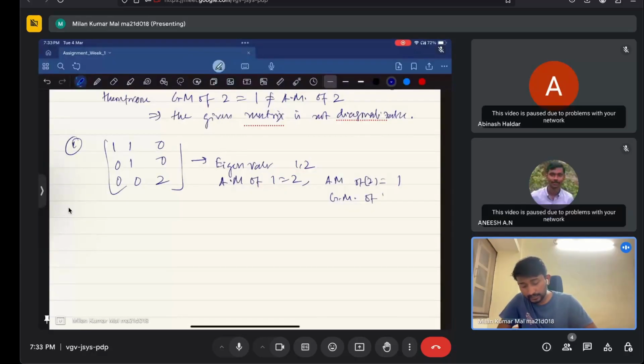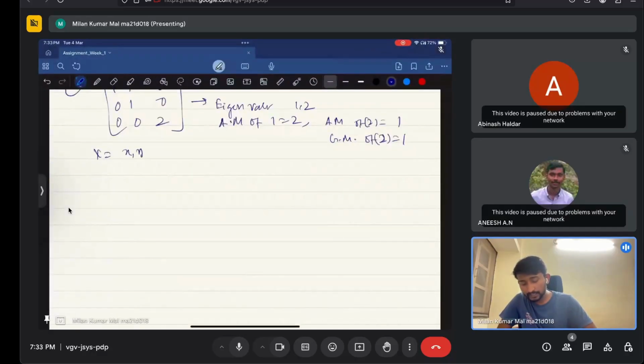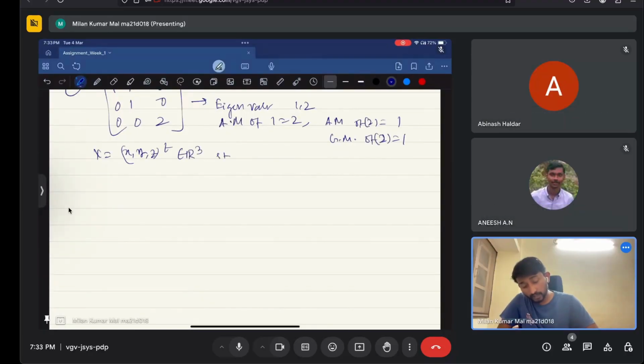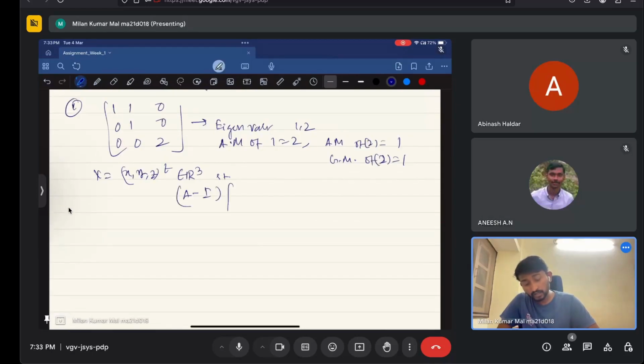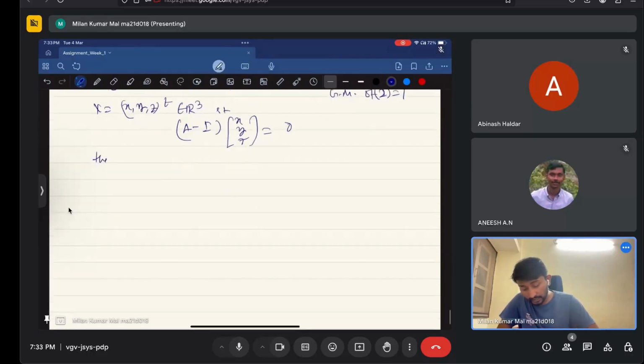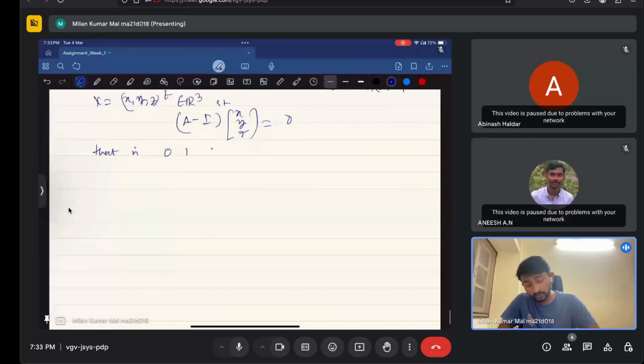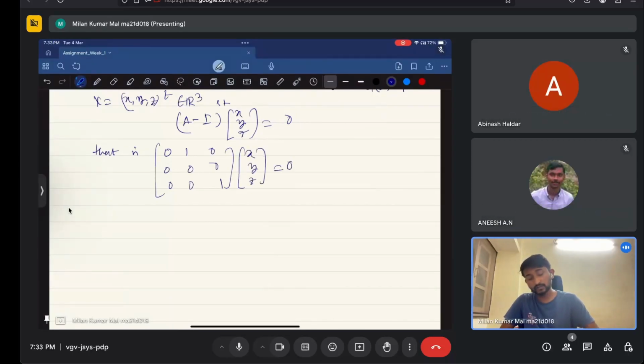So let's take x equal to (x, y, z), a vector in R3, such that (A minus identity), corresponding to the eigenvalue 1, times (x, y, z) equals 0, and that is the same as saying that 0 1 0, 0 0 0, 0 0 1, times (x, y, z) is equal to 0. That implies that y is equal to 0 and z equals 0. Therefore